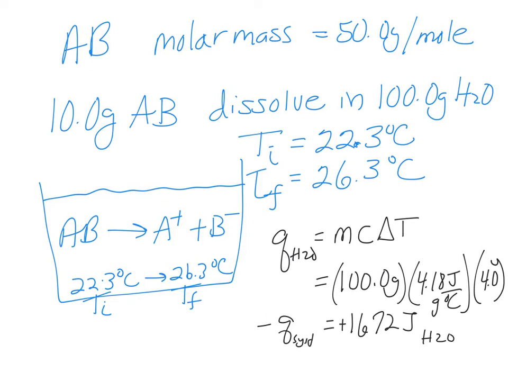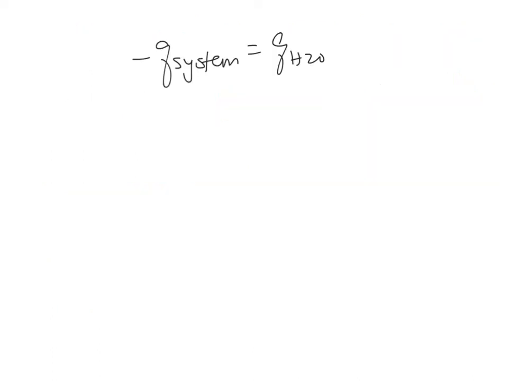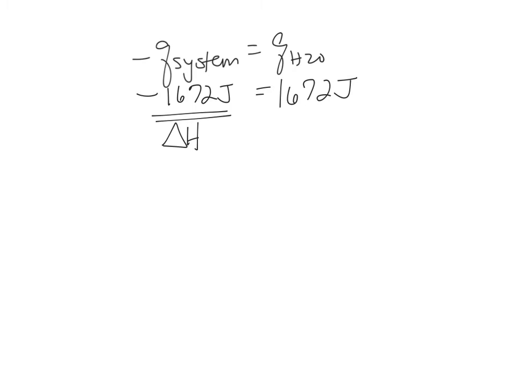Right? So I'll go to the next page. Since we know that the energy from one has to go to the other, we often write this where the negative energy of one equals the positive energy of the other, so one goes up and one goes down. So if the water went up 1672 joules, that means that the system, the reaction, was negative 1672 joules. So this is the delta H for the dissolving of the salt,